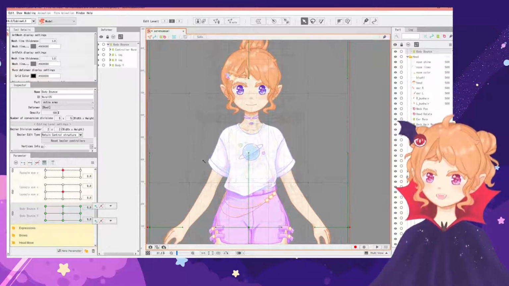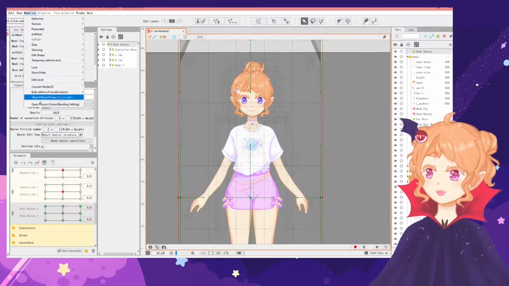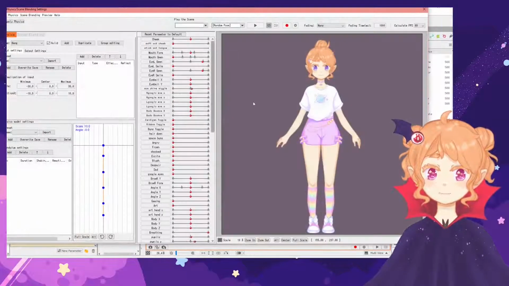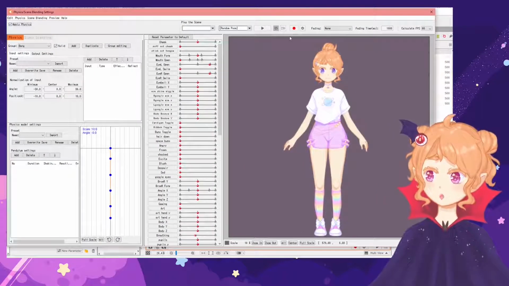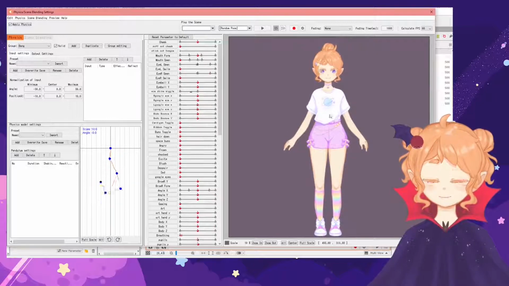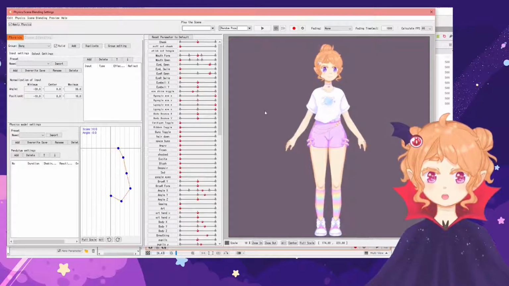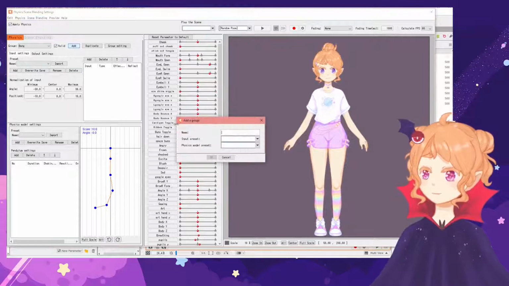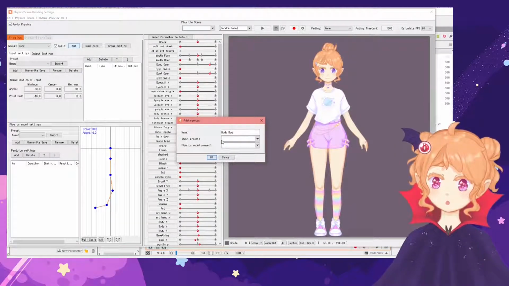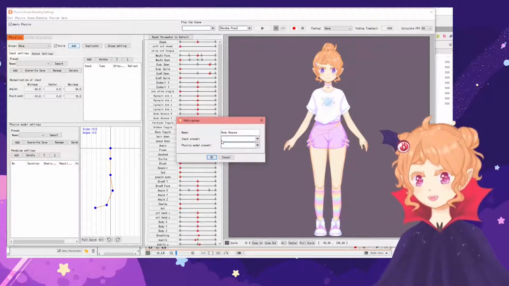And yeah, it looks very strange right now. But what you want to do now is open the physics menu, and we need to add the bouncy physics to the model. So go to add, body bounce. Let's start with body bounce